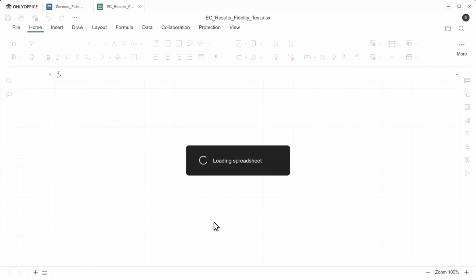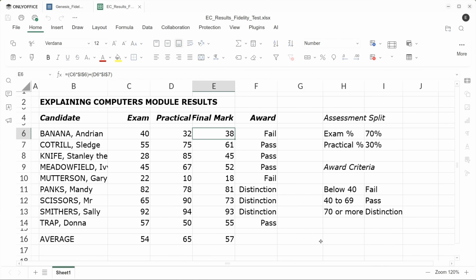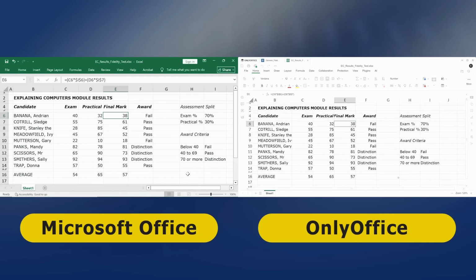Anyway, back with OnlyOffice, let's bring in our Excel test file. Here it is like that, and again I think I'll just zoom it up a little bit for comparison. There we go, and comparing to Excel again highlights poor fidelity, and we can see why here. It's because there are issues with the column widths which are clipping this heading and indeed part of these candidate